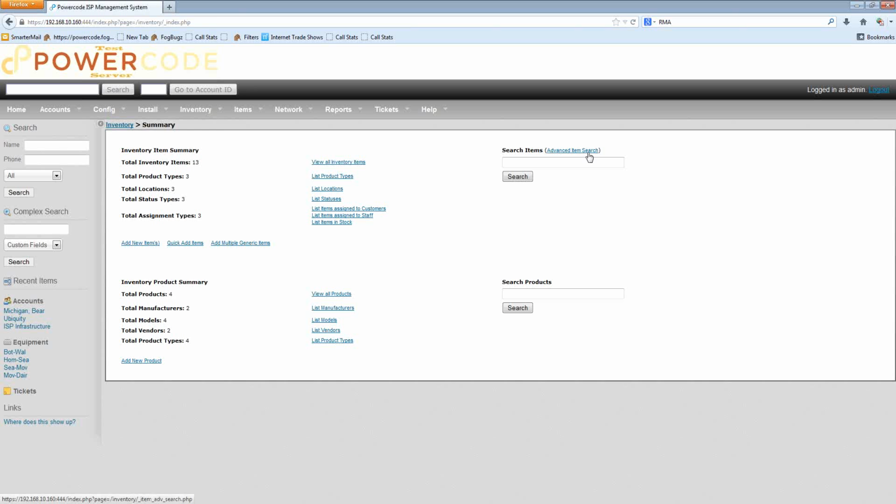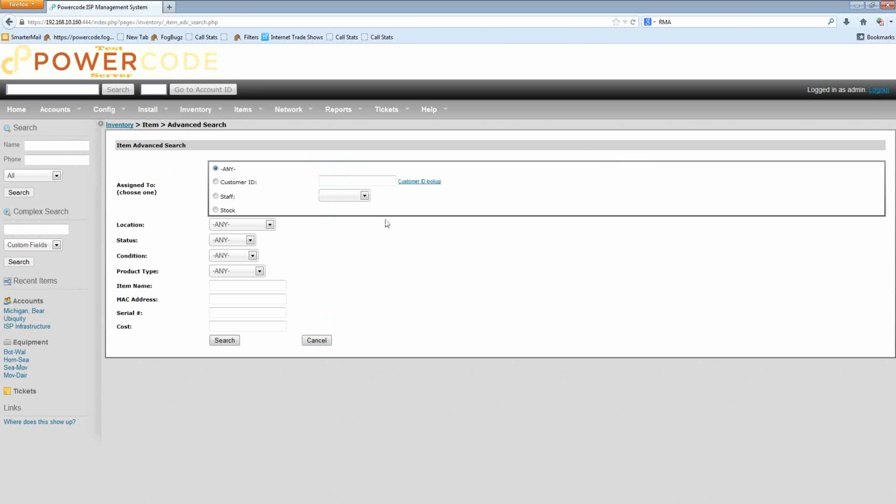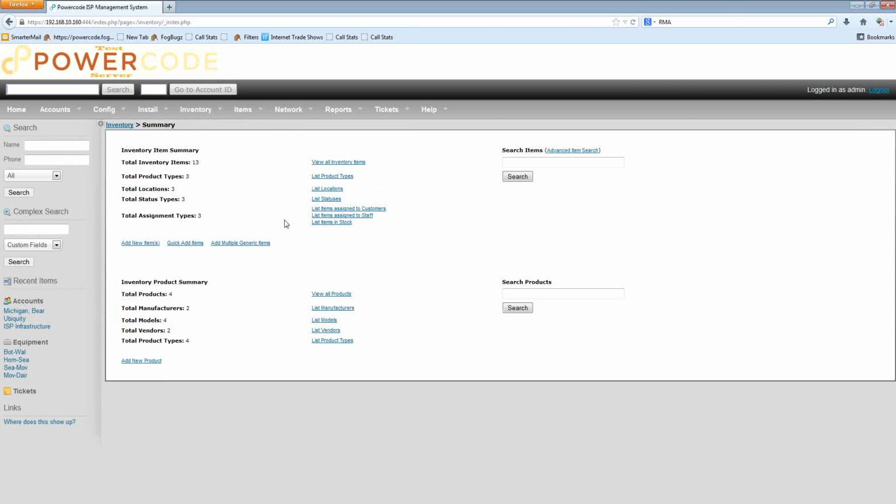On the right-hand side, it's going to let us do a search for items. We can do an advanced search. So maybe we want to see any item that's assigned to a specific staff member that fits these variables that I set below. And then the last piece I want to talk about before we end the training session